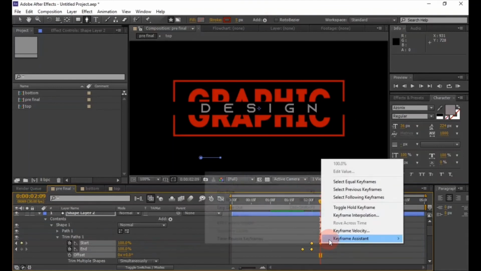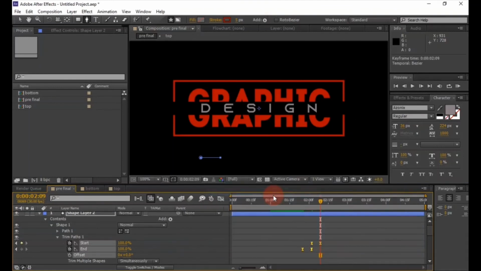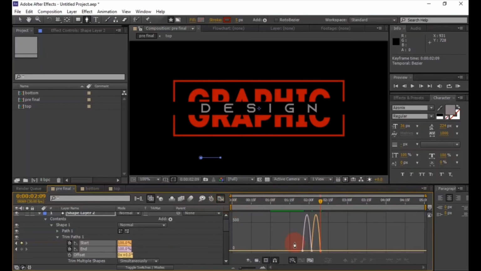Now select all keyframes, right click on it, easy ease, and change the graph like this.